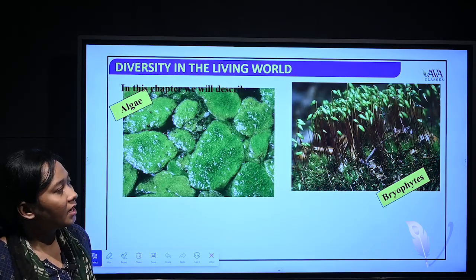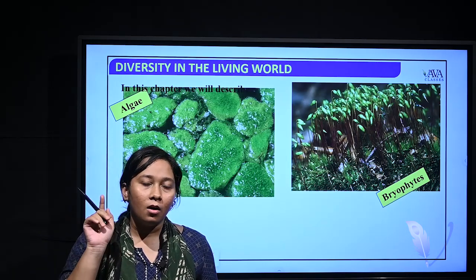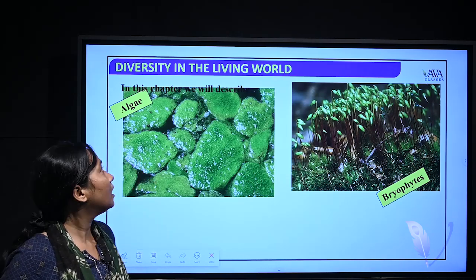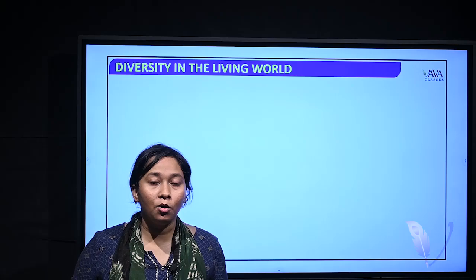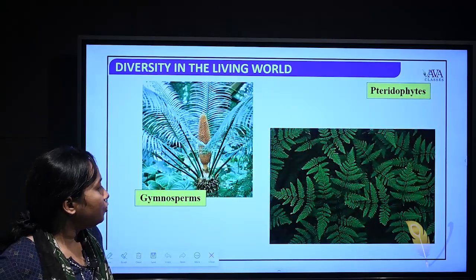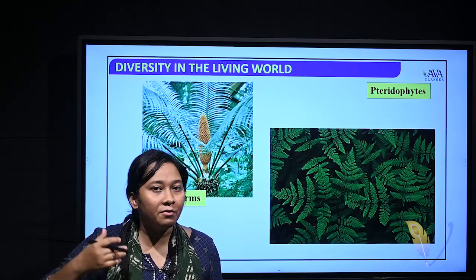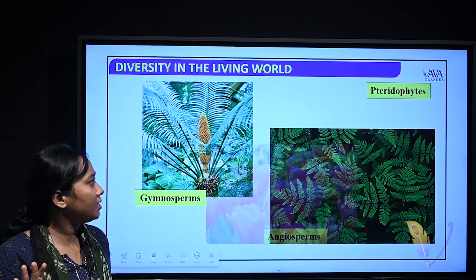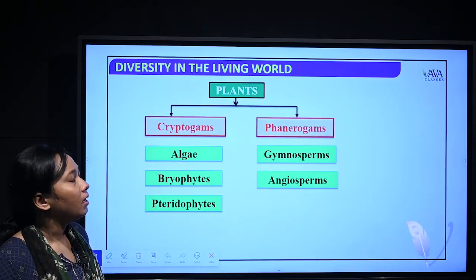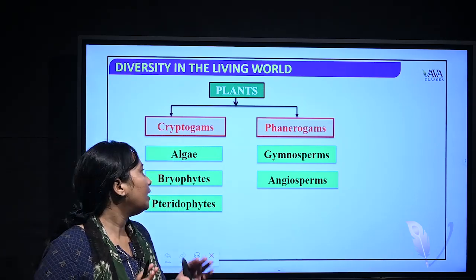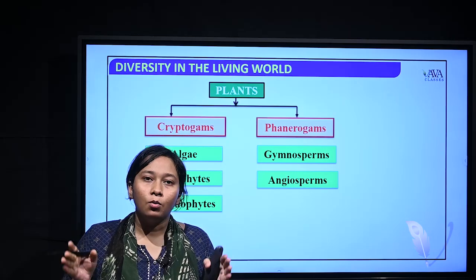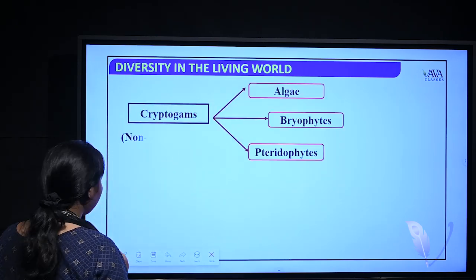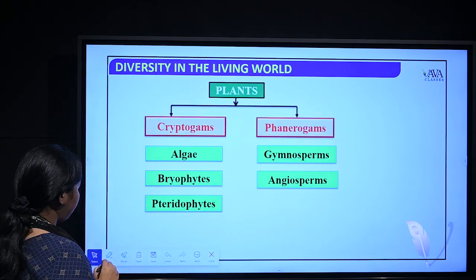In plants you will see a variety of organisms, not a single organism is considered under this kingdom. You will see a variety of organisms, just like your algae, bryophytes, pteridophytes, gymnosperms, angiosperms. There are also some words which might be very new for you, but we will study them and you will master all those words here. Plants. Generally, scientists divided the plant kingdom into two categories. One is your cryptogams.